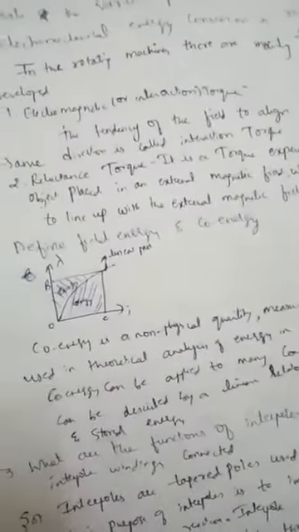And part B will have 7 questions. Out of 7 questions, you have to answer 5 questions. Each question will carry 10 marks. So total 50 for long answers and 20 for short answers. So total will be 70 marks. So I am going to solve this paper of previous years, that is May June 2019 electrical machines. I prepared a key for this paper.